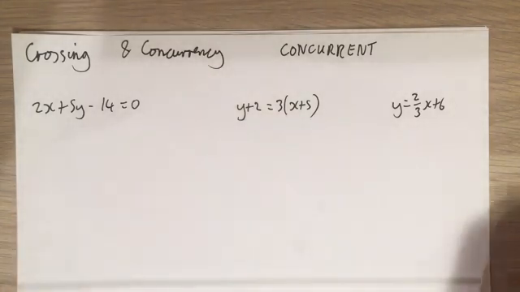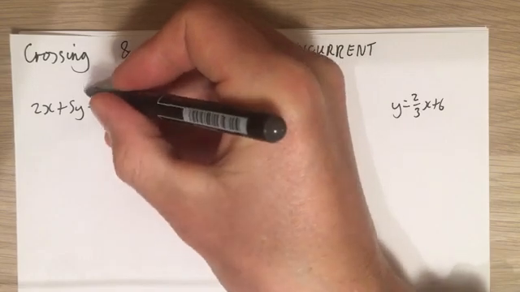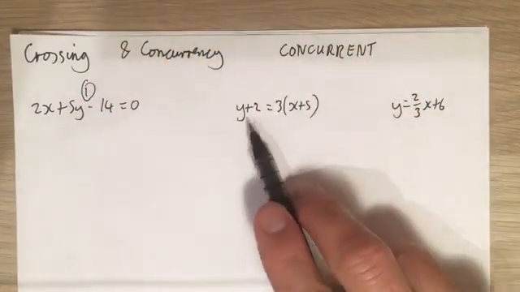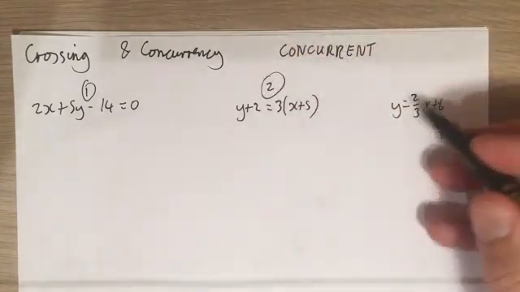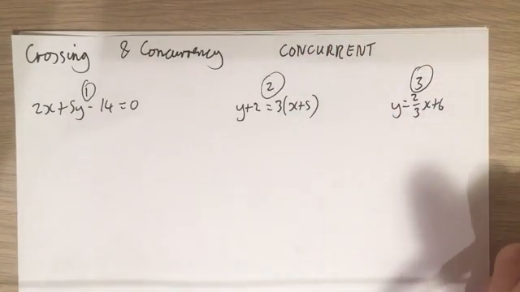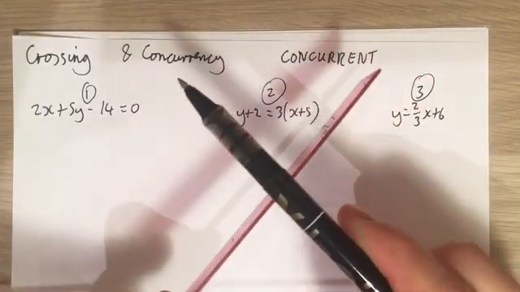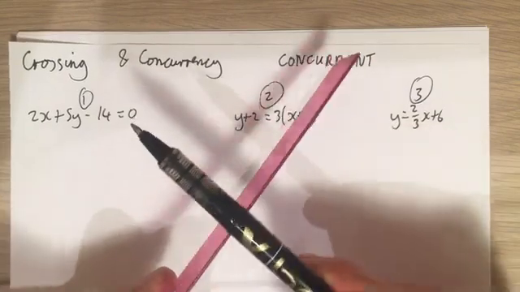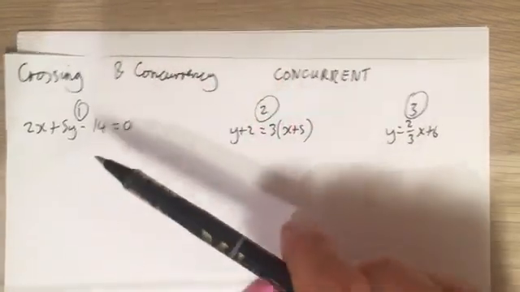So what are we talking about here? Well, this is an equation of a line. Let's call that line number 1. This is an equation of a line. Let's call that line number 2. And this is an equation of a line. Let's call that line number 3. So if these two lines meet each other somewhere, we would say that they cross. So we're going to find out maybe the coordinates of the point that they cross based on the algebra of